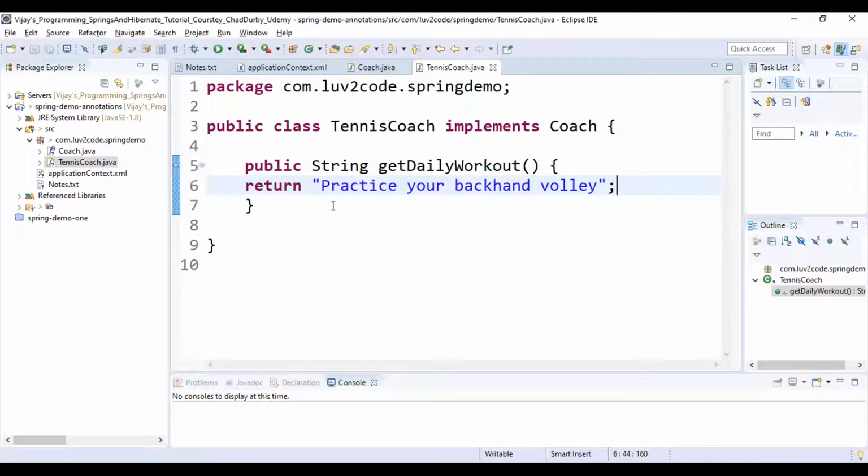And now you can see that the error has gone. Why? Because we have implemented the method.